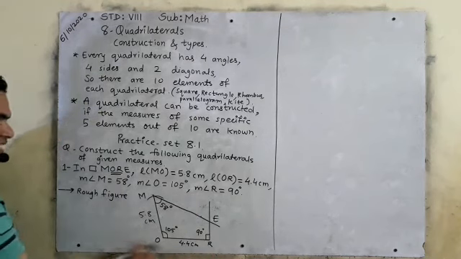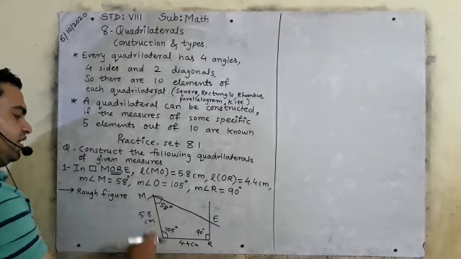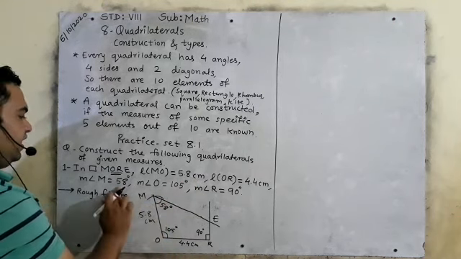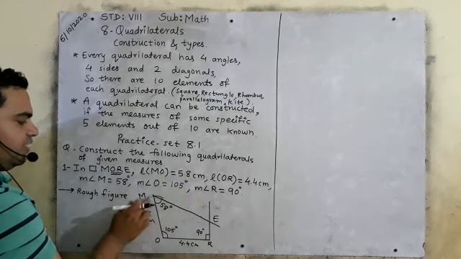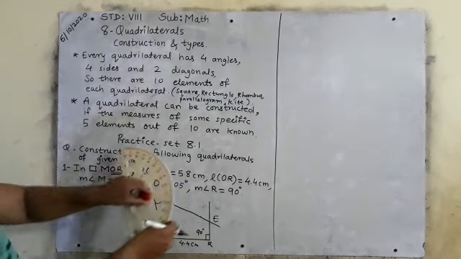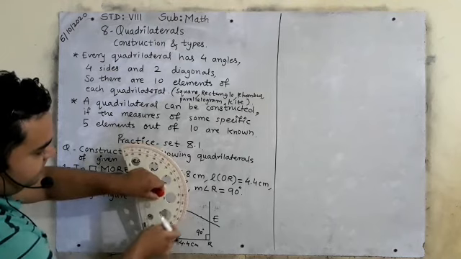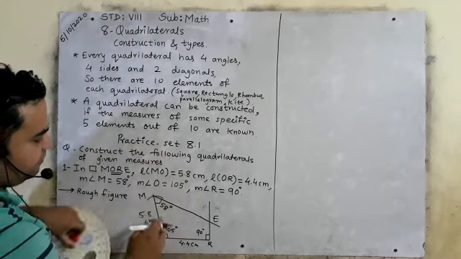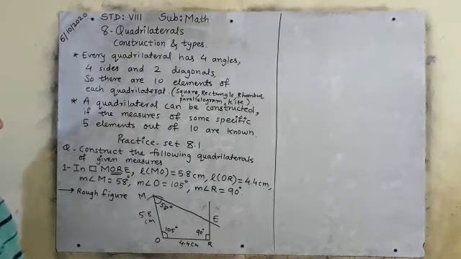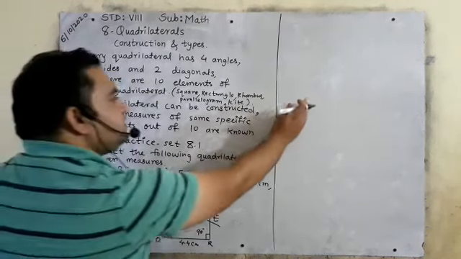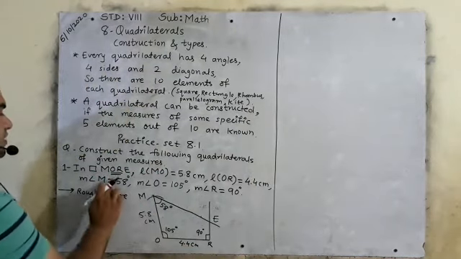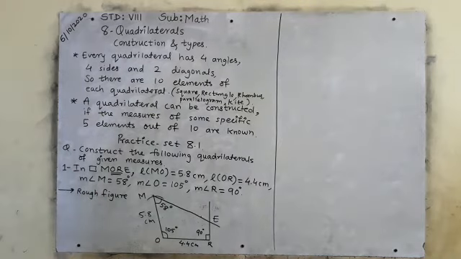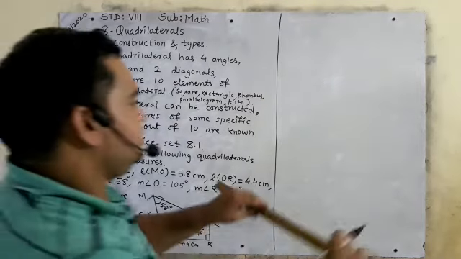So OR you will take as a base. O is 105, R is 90 degree. OM you will take 5.8 centimeter. M point will come, you will keep the protractor over here and you will count from interior. Right hand side if you go, you have to read the interior numbers, right? 58, 50 plus 8. Then this point will come. Is it clear? Now we will construct the fair diagram. So first OR you will take as a base. So OR is of 4.4 centimeter. Okay, so you take the base 4.4 centimeter.